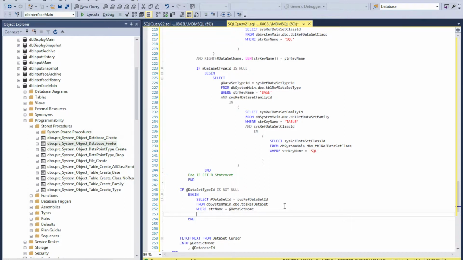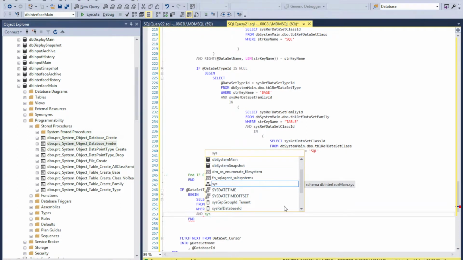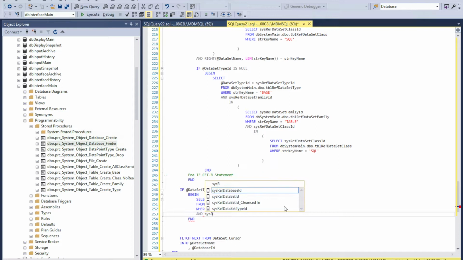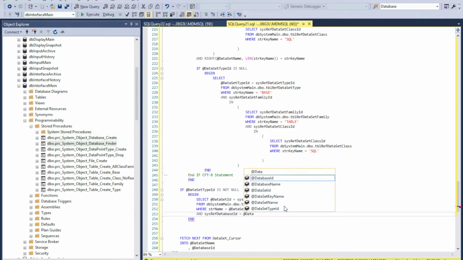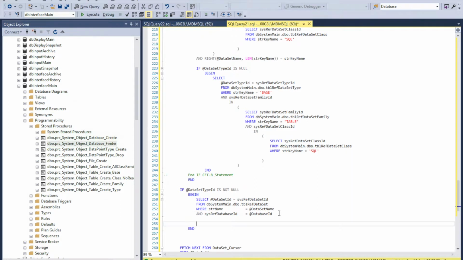Actually, I forgot we use system ID on databases, so to separate other systems from ours, we're going to join on the, or filter on the database ID too. Database ID also. So when we match, we'll get a dataset ID. But if it's not there, we won't match. So if the dataset ID is null,